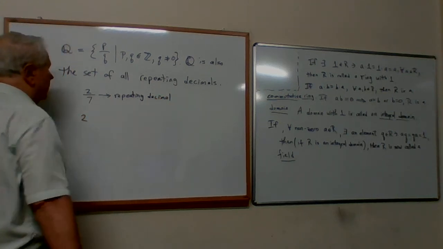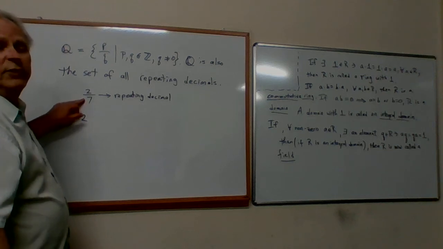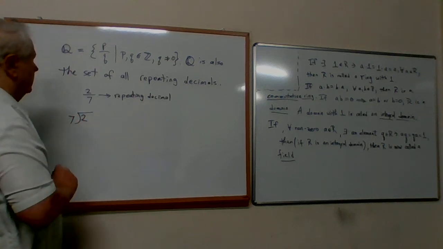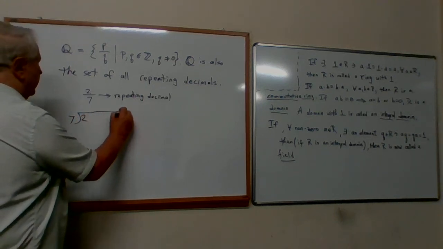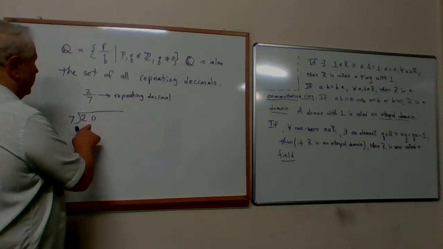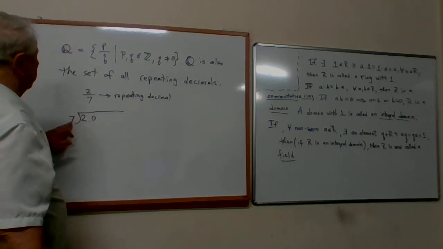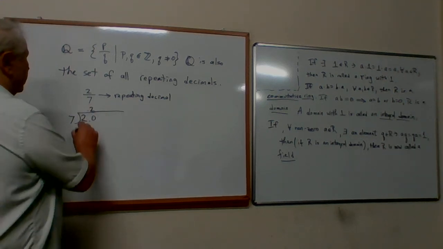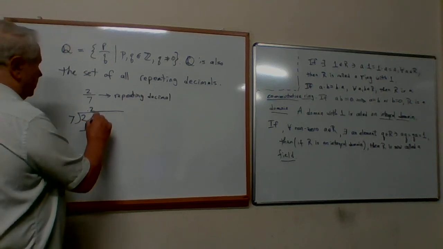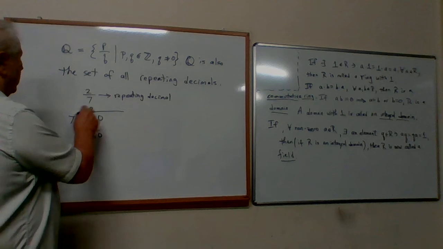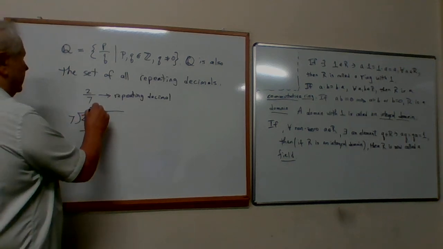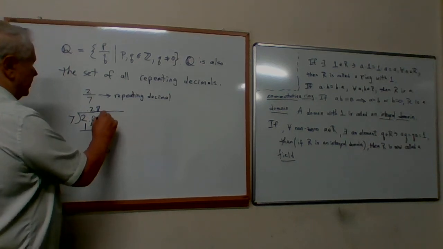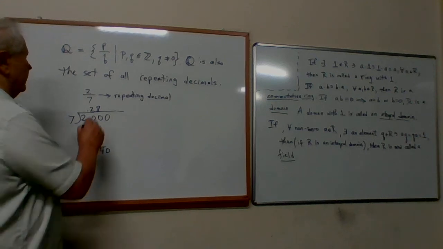And the answer is 2 over 7 means it's division. So divide. Now you need to carry this a little bit farther. So put in a point and a 0. What do you multiply by 7 to give you 20? Well, the biggest thing that you can put in there is a 2. 2 times 7 is 14. Subtract, you get 6. Bring down the next 0. And what times 7 would give you 60? And the answer is 8. 8 times 7 is 56. 4, bring down the next 0. What times 7 would give you 40? And the answer is 5.